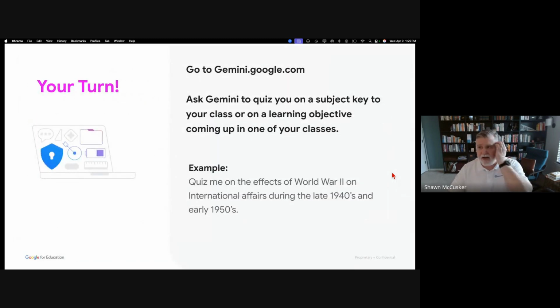Let's go in and try to have Google quiz you on any topic, quiz you on tariffs, quiz you on World War II. Think of something that's coming up in your curriculum in the next week or two, or something that you're doing today, and ask Google Gemini to give you a quiz so you can see how effective you think that quiz is. All right. Again, I'm going to set the timer for 3 minutes to let you explore a little bit before we move on. And I'm going to be here. I'll just have the camera off.